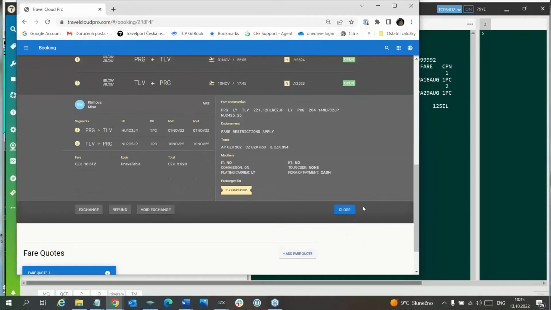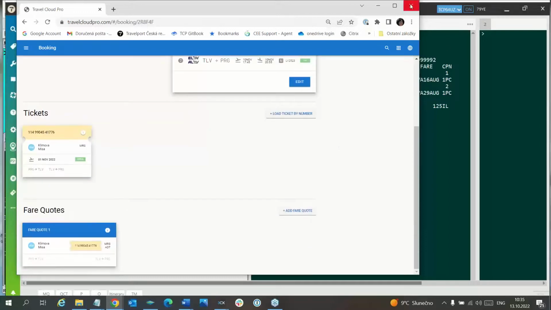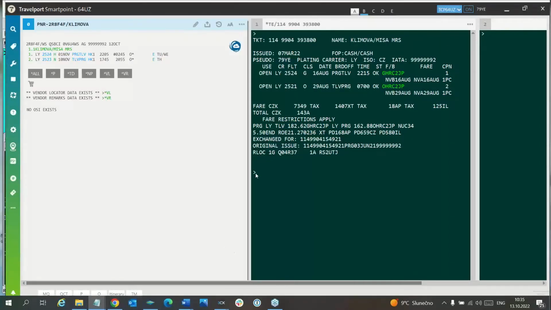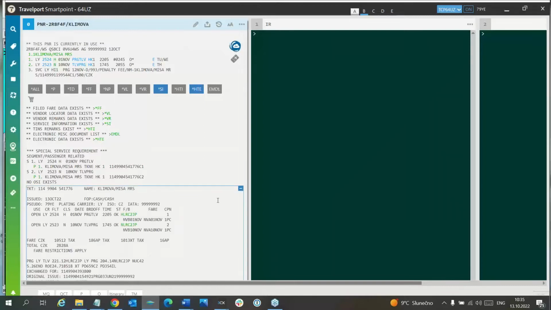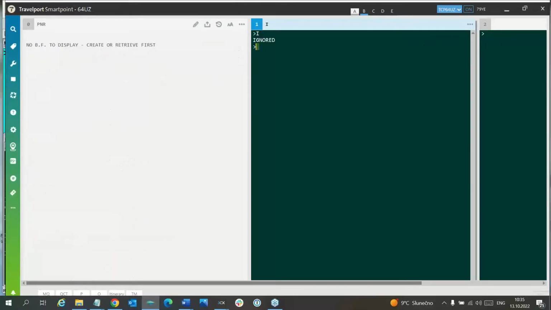So I will close this, and I will ignore this PNR. If you would like to check the PNR, you can see that the ticket is already here. You can ignore and retrieve and see the new ticket. You can see also END. So I will ignore this PNR, and I have prepared for you